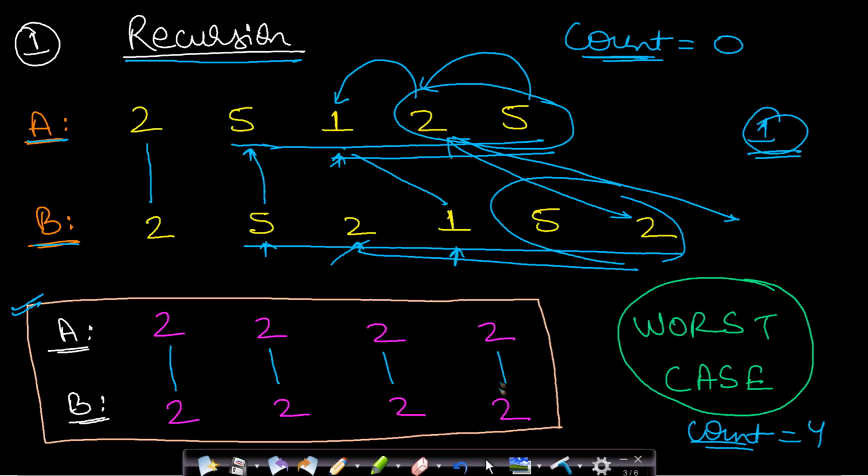Now since this configuration is tried, you will try the next configuration, but this is going out of bounds, so you will return back to this element. So this configuration was tried, you will try the next configuration, so this line will be matched, and again you will call recursion on this point, and all the points in B have been used, so we will send B as an empty list. Now there is no point in B left, so again this line will be tried, which was already tried. Okay, this was already tried, so this is also going out of bounds. So you can see that there is a repeating sub problem.